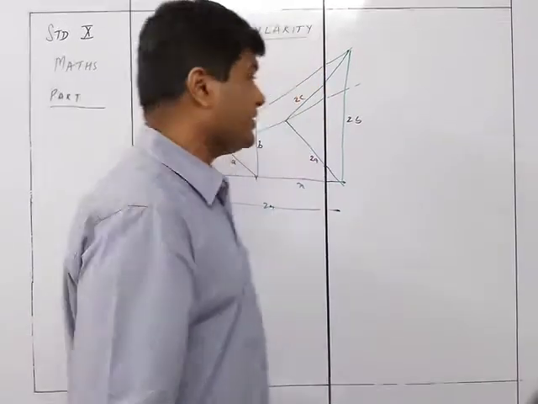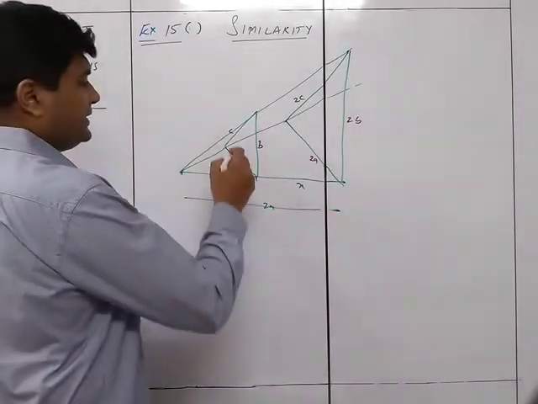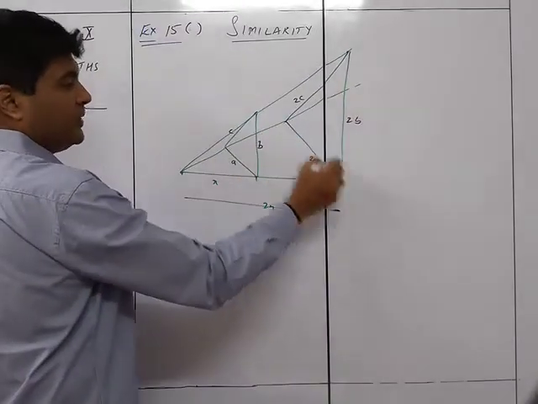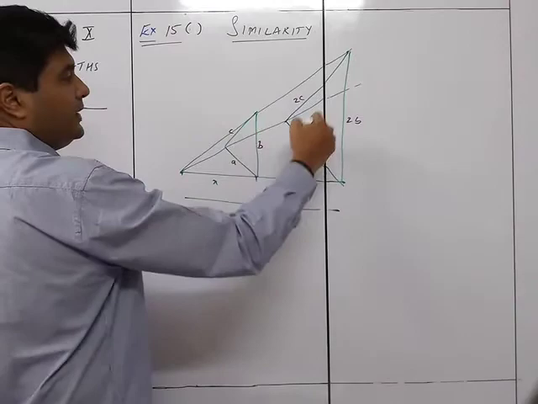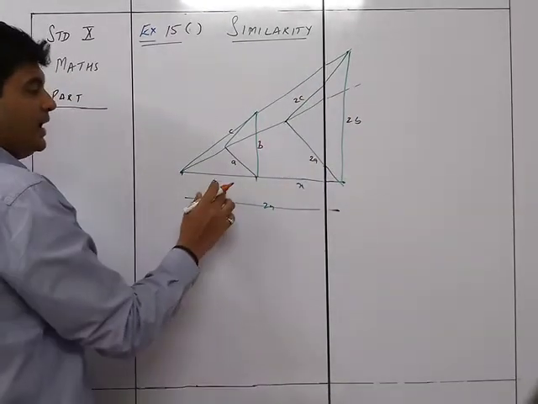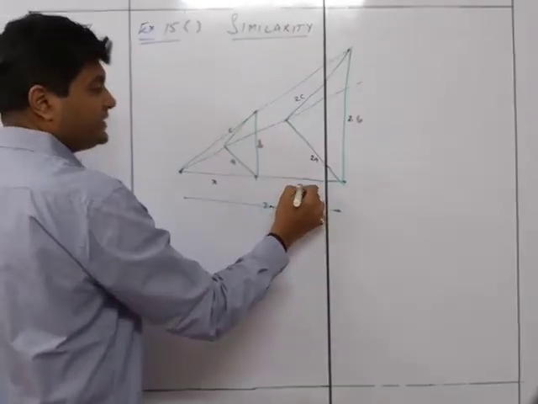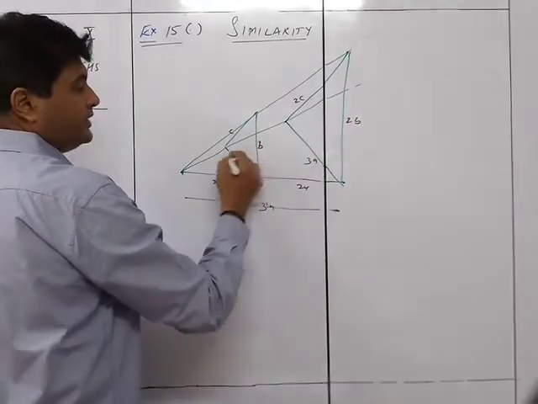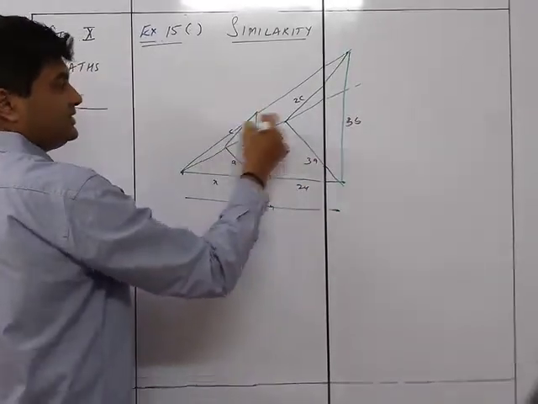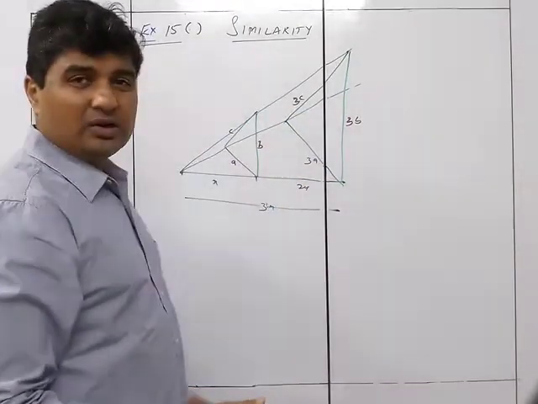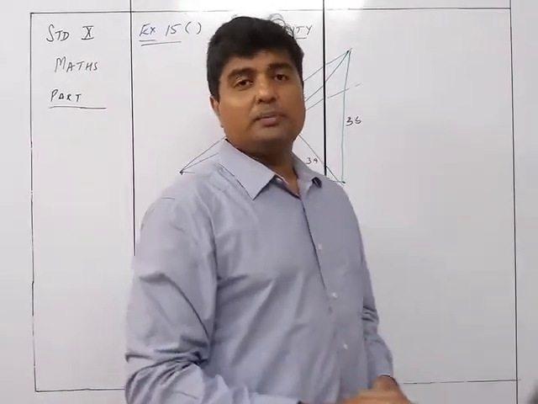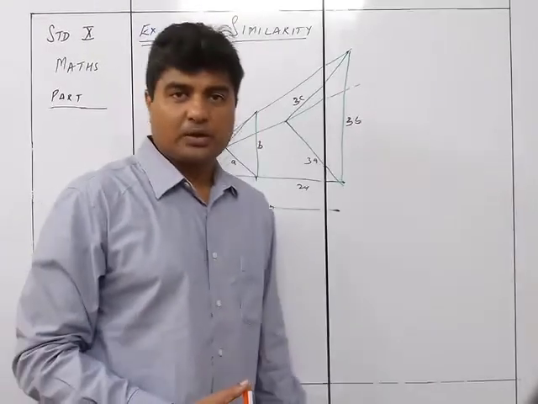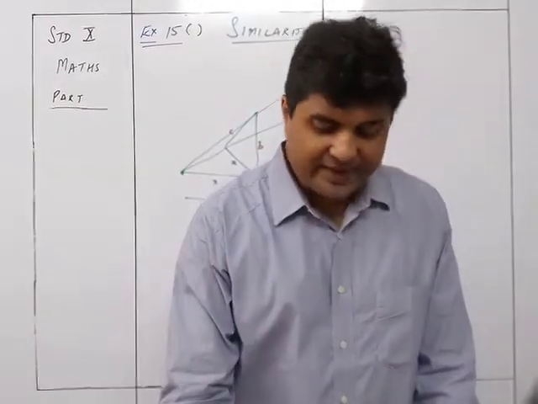So in the size transformation, it will be seen over here that if this is x and this is 2x, then if this is A, this will be 2A, and 2B and 2C. Similarly, if it is 2x and the total distance is 3x, then if this is A, this will be 3A. This is B, so this will be 3B. And this is C, so this will be 3C. Okay? So the further you go away, the bigger will be the size of that particular object. That is called enlargement.